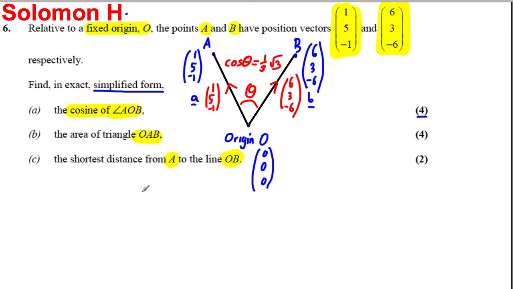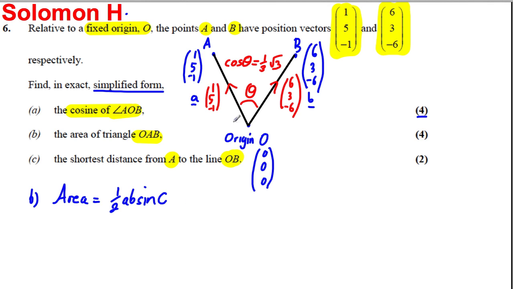Right, let's do the next bit, part the area of the triangle. Now the area of this triangle, the area of a non-right angled triangle, is always a half ab sine C. That means a half the length of the two sides multiplied by sine of the angle between them. Okay, so